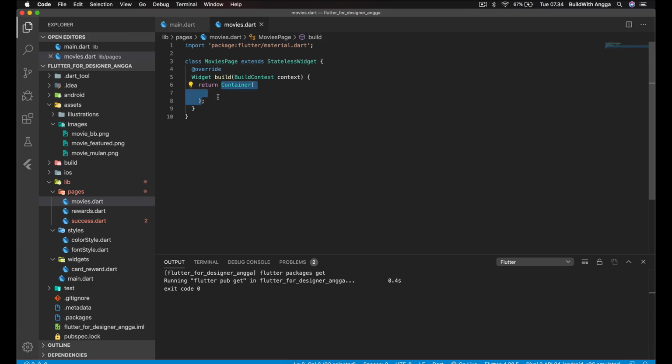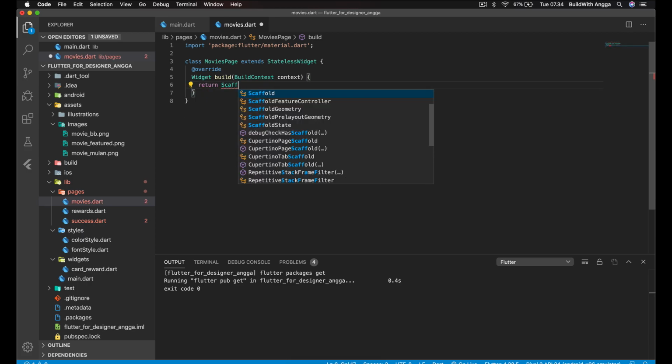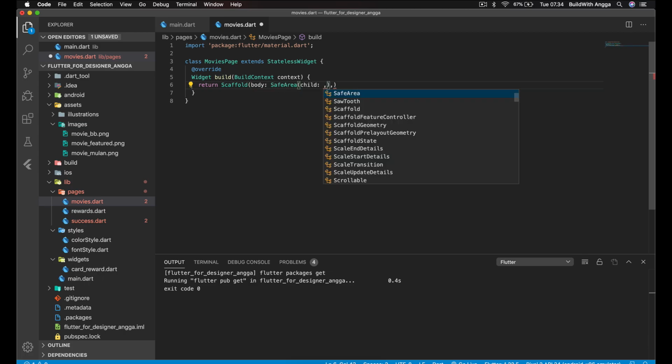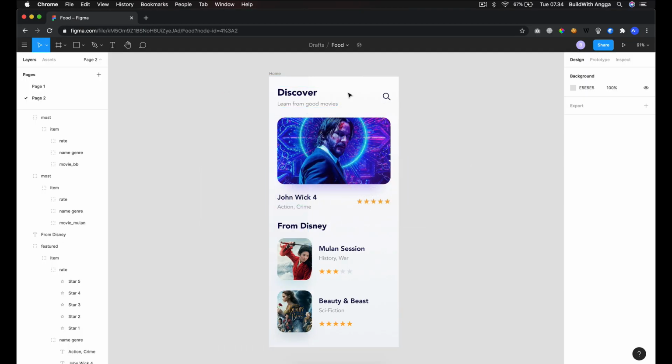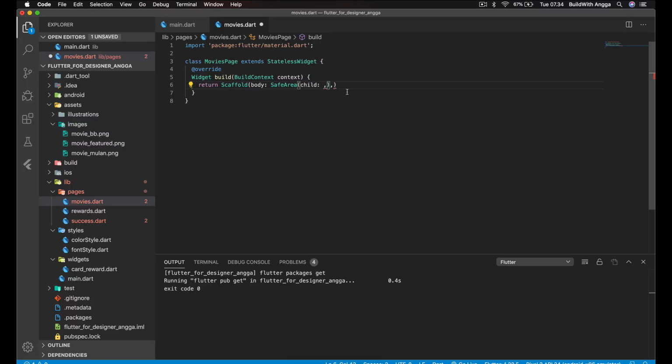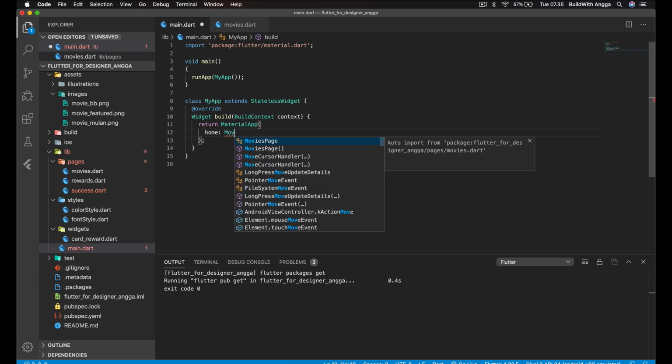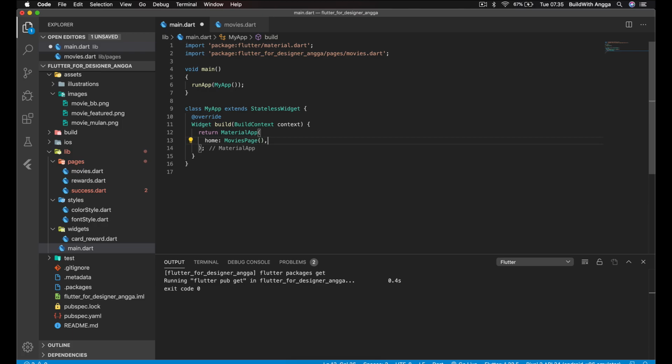For this container I think we can use a Scaffold, and the body we use SafeArea, and the child, if we see in the design, we need to use Column, just like that. And then we need to import MoviesPage into our main.dart, just like this.